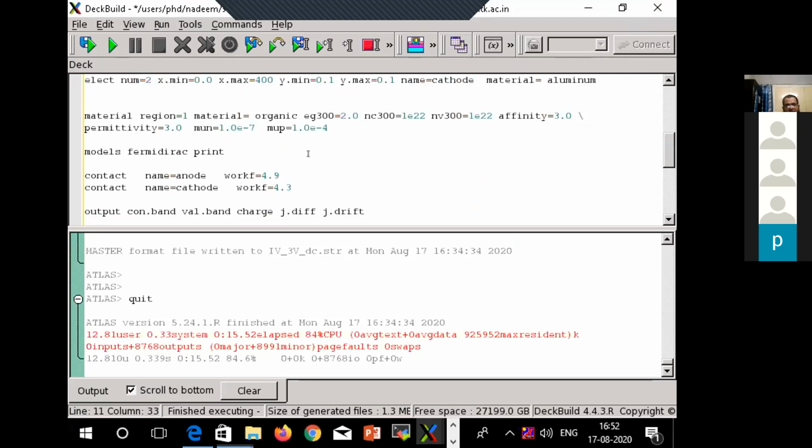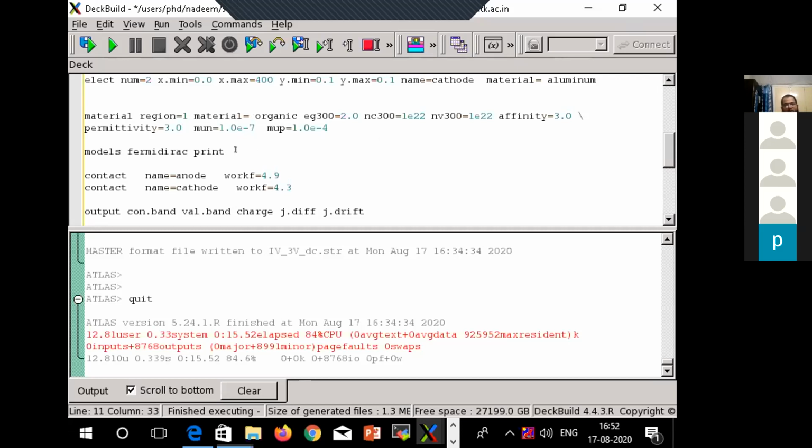So for example, for organic semiconductors, I have defined mobility values here, smaller mobility values. But right now, I have not defined the model for mobility. So it will take a default model for mobility, that is a constant mobility value. So right now the mobility will not vary. But we know that in organic semiconductors, there are different kinds of mobility models that have been shown to work there. So one of the models is the Poole-Frenkel mobility model.